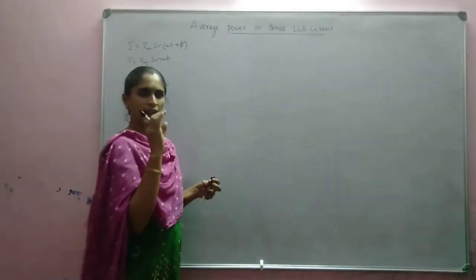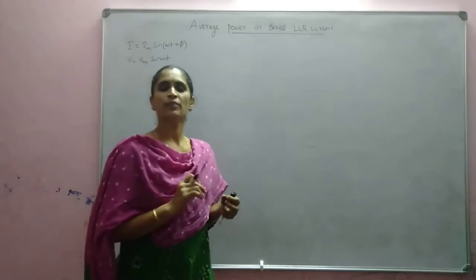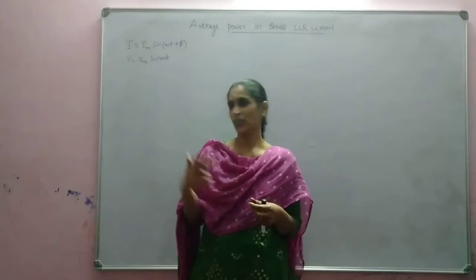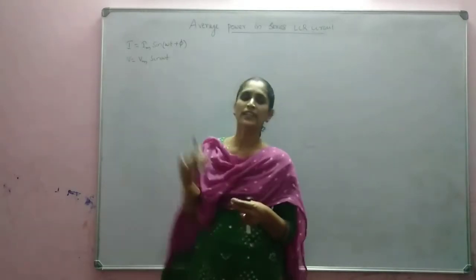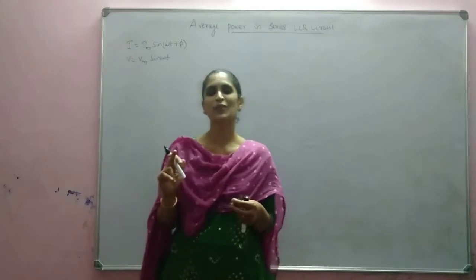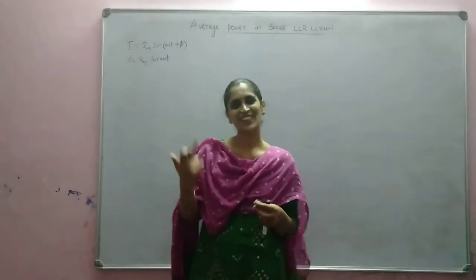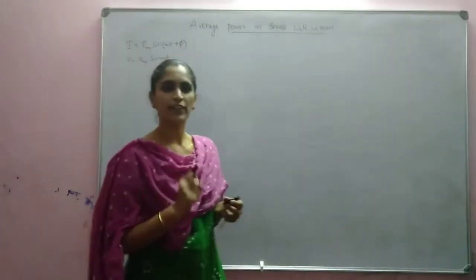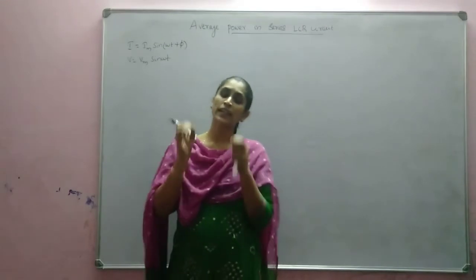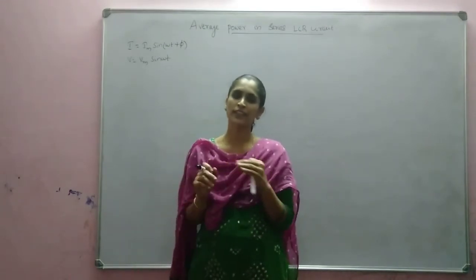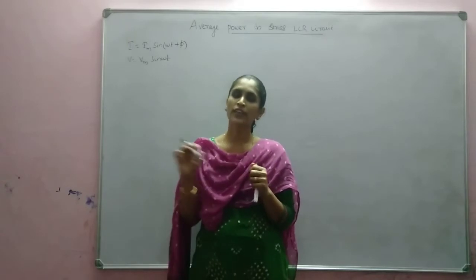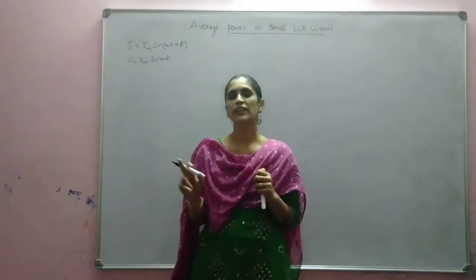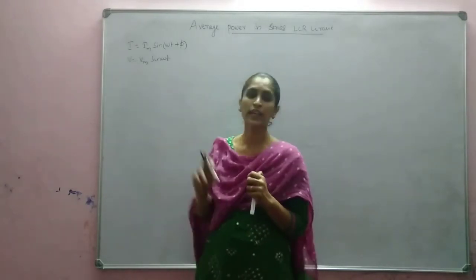Okay. And here what happens, at each and every instant of time, the current flowing through the circuit is changing and the potential difference for this voltage at each and every instant it will be changing. So instantaneous value of voltage and current will be changing at each and every instant of time. So to get the expression for the average power, what we have to do? We have to consider each time interval. We have to consider the work done, that all work done to be added. Then we have to divide it by the time period for one cycle. Then we will get the expression for the average power.